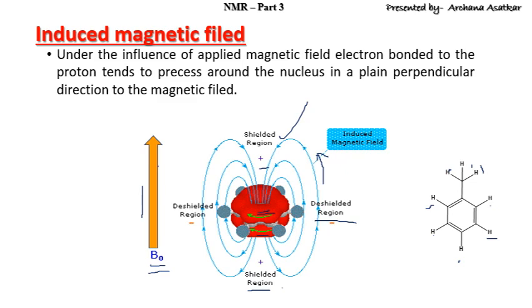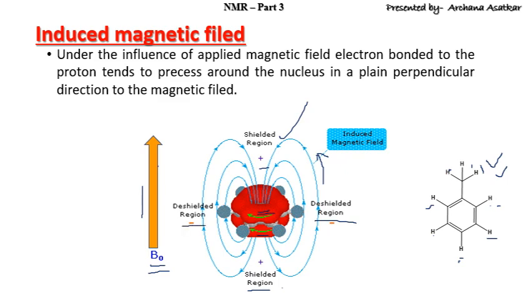we will get that the chemical shift value for these 3 protons will be less. This will be upfield, and the chemical shift will be less in terms of delta, around 2.3 delta. However, for these 5 protons we will find the chemical shift value would be approximately 7 ppm. So these 5 protons are de-shielded, and you can observe the direction of de-shielding and the induced magnetic field.